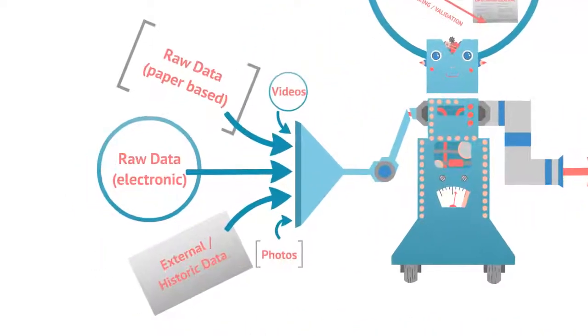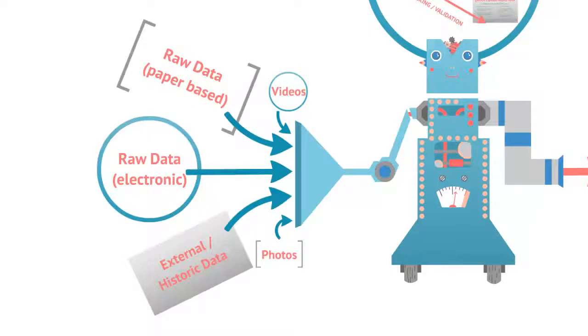There are several formats raw data can take. The most common are the results from paper-based and electronic data collection activities. This tends to be the new data, which is collected as part of the activity. Other data from external sources, such as climate data from a local weather station, or historical sources, such as baseline survey data, can also be used to create primary data for an activity.